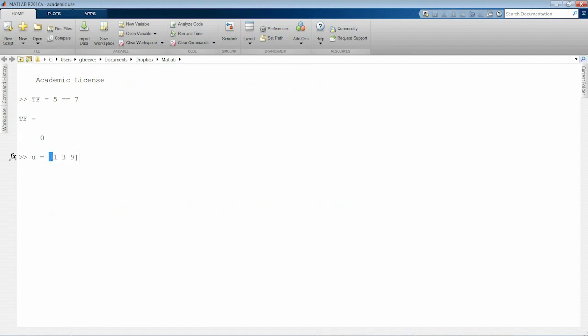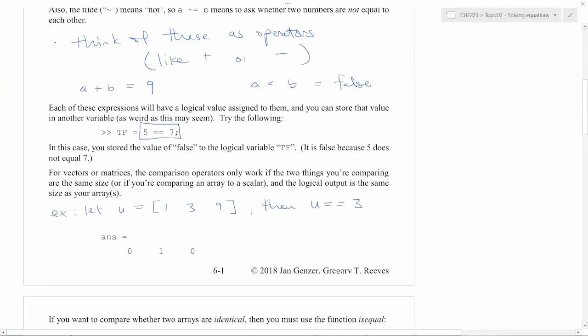So you probably don't need to see this in action, but you can ask the question, okay, so there's my u equals 1, 3, 9. Is u equal to 3? Answer is no, yes, no. And you can compare